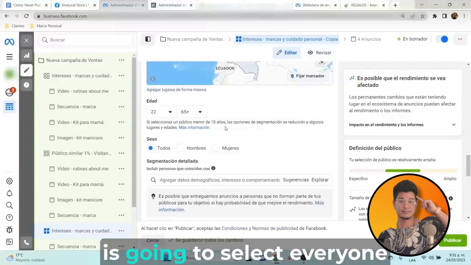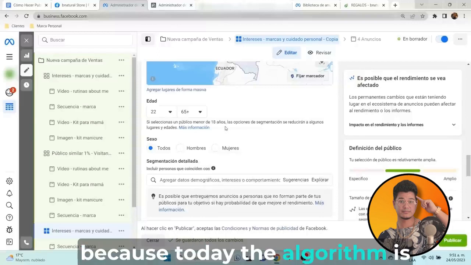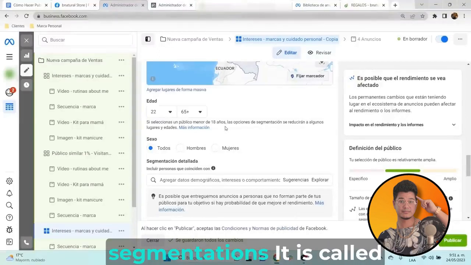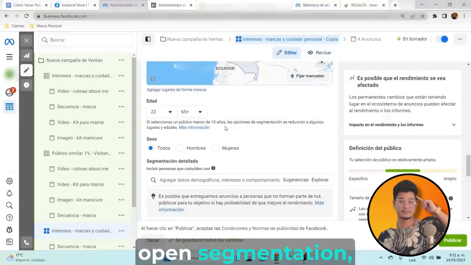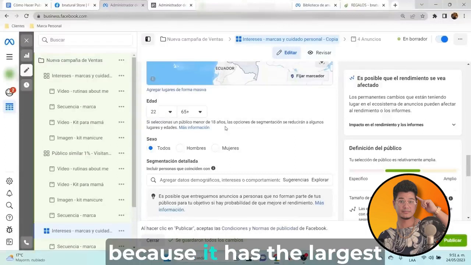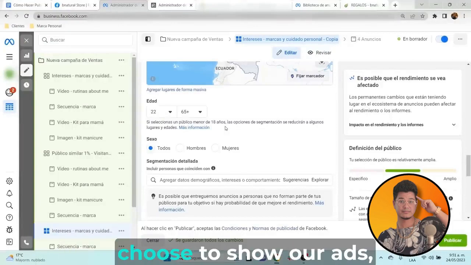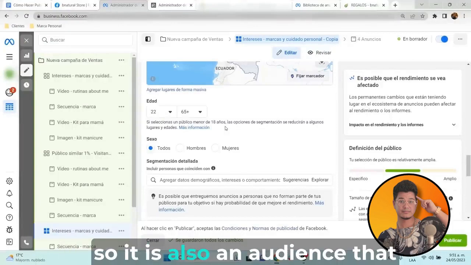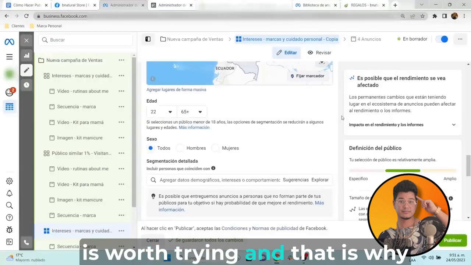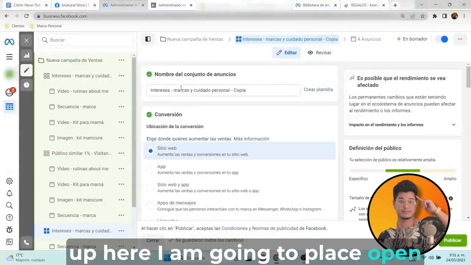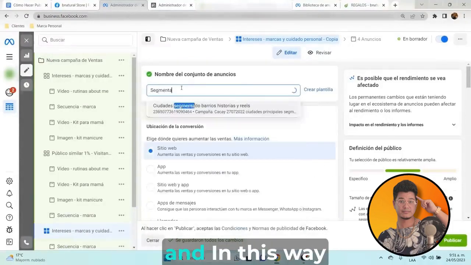Because it is going to select everyone, because today the algorithm is so powerful that even with these segmentations, it is called open segmentation. It gives very good results because it has the largest number of users to whom you can choose to show our ads. So it is also an audience that is worth trying, and that is why up here I am going to place open segmentation and close, and in this way